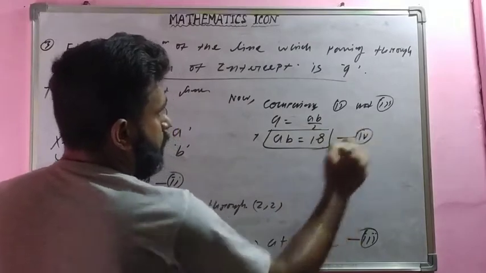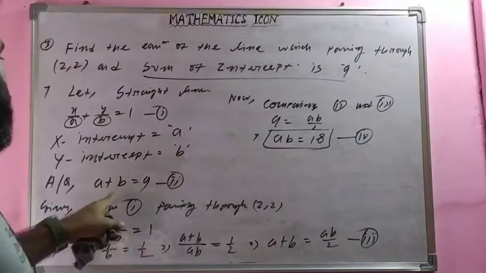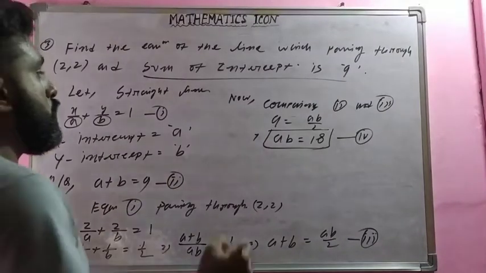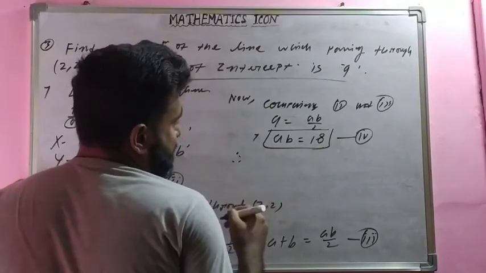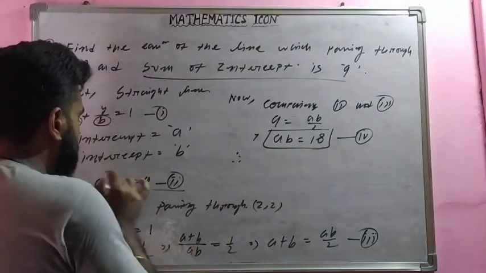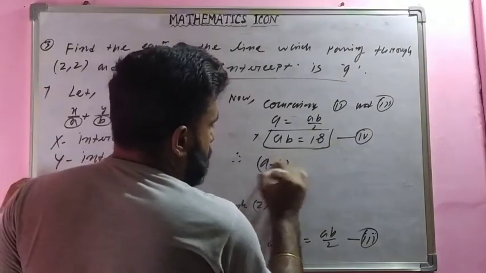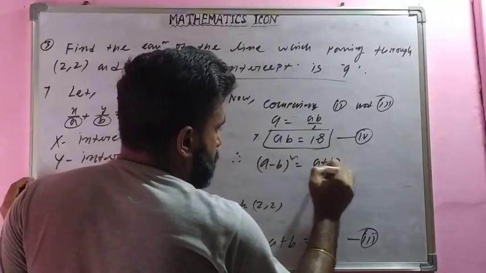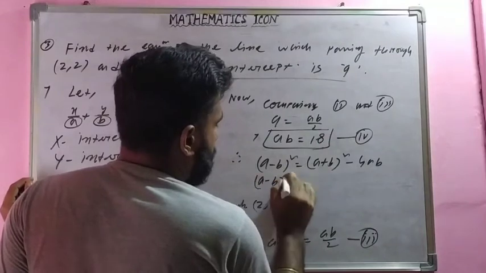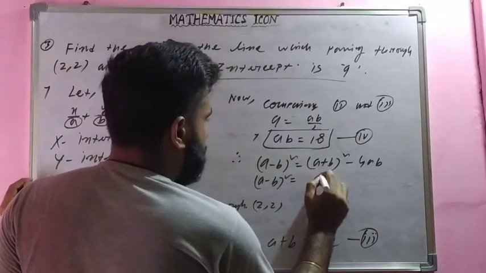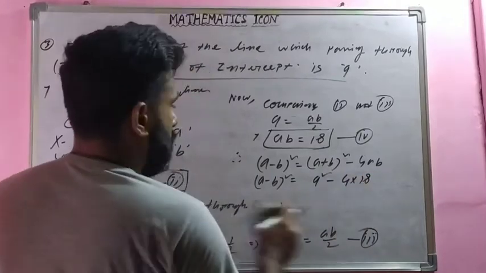Now it is your equation number 4. So now you have ab equals 18, a plus b equals 9. एक फॉर्मूला हम लोग यूज कर सकते हैं जिसमें a प्लस b का वैल्यू और ab का वैल्यू हम लोग यूज कर सकते हैं. ये है (a minus b) whole square equals (a plus b) whole square minus 4ab. So (a minus b) whole square equals (a plus b) whole square, that means 9 square minus 4 into 18. Okay,